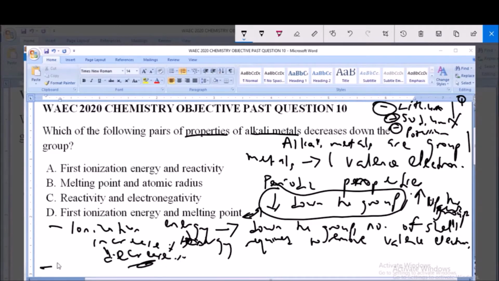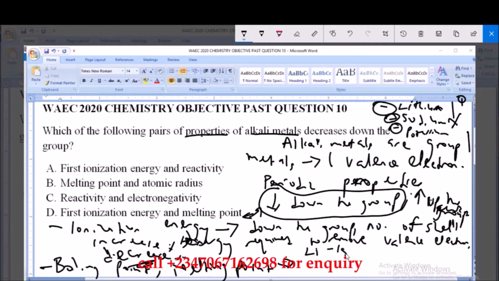Another property is boiling point as well as melting point. Boiling and melting point decrease down the group. You have the melting point of lithium to be 181 degrees Celsius, that of sodium to be 98 degrees Celsius, that of potassium as 64 degrees Celsius, and that of rubidium